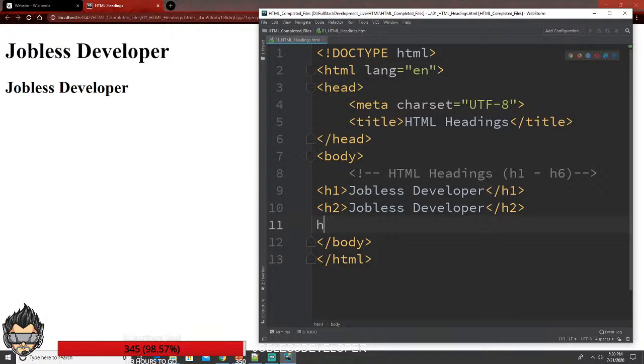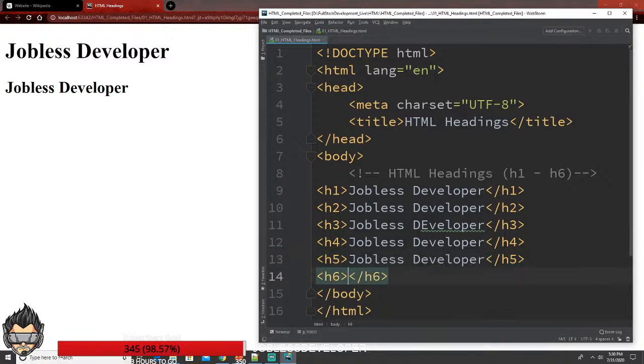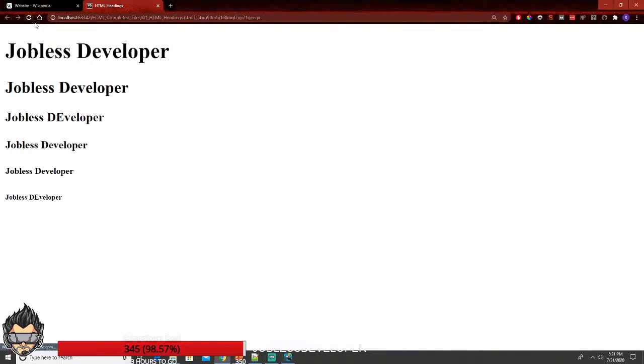So let's try to implement that one. h3, okay, let's leave it as it is. h4. So here I'm clicking on the tab button. That's the main reason why it is completing the tag for me. h6. Let's save this one and refresh it, and you can see that the size of the heading varies from the bigger to the smaller one,